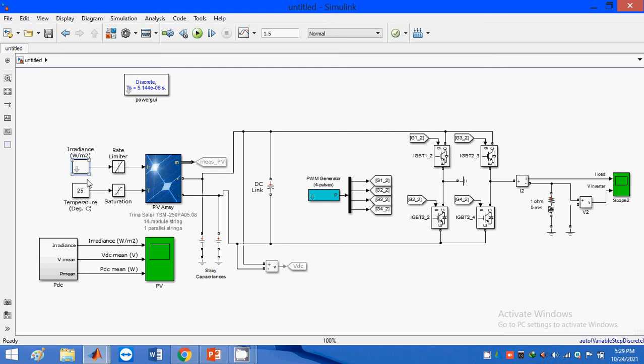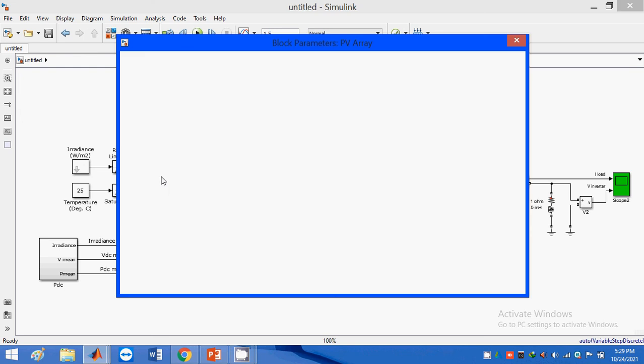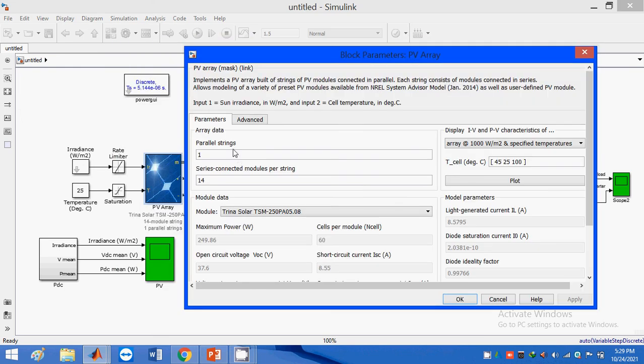This is the solar panel. In this solar panel I am connecting a solar array. Why do we call it a solar array? Because here we are connecting a number of panels: 14 series connected modules in series and one in parallel. When we connect parallel and series strings across a model, we call it a solar array.